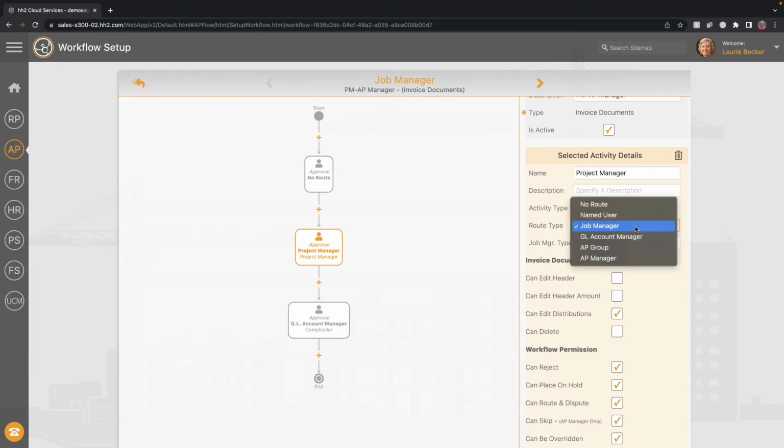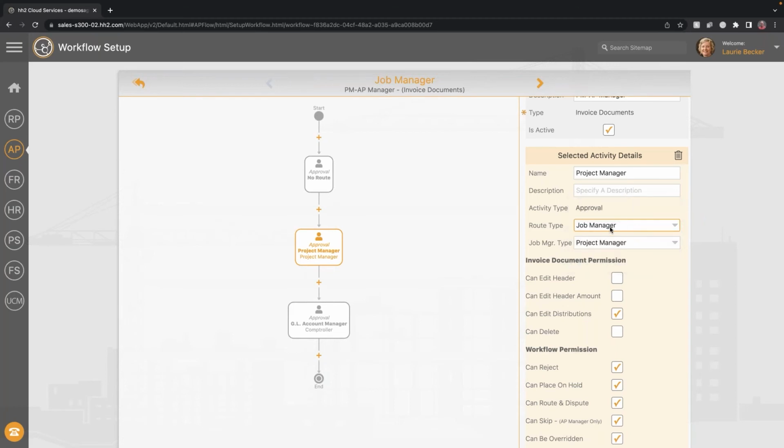You get to determine why we're going to route an invoice out and how to determine who gets the invoice. In this example, I'm using a job manager, which is a role for role-based routing. So you can simply have one generic workflow, and behind the scenes, we can tie a job manager to a project and route those items directly to the appropriate person. So really easy. We can pull that from the accounting system and set that up in HH2. Just depends on what you're doing today. And that's some specifics we can help you with.